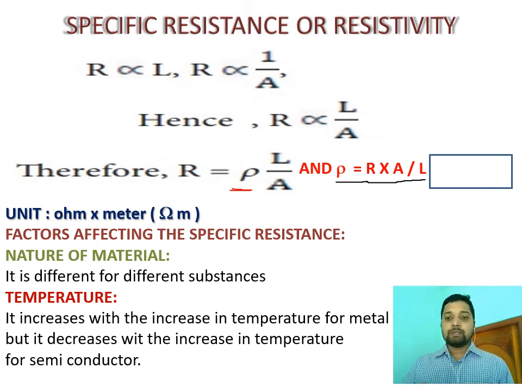For that reason, we are using them in solar panels. Resistivity does not depend on the length or the area; it depends on which type of material is used and what the temperature is. So resistivity is the property by which any substance offers resistance, but it does not change. For the same substance, resistivity is the same. With an increase in length or area, resistance changes but resistivity remains constant. So resistivity is a constant used here, to get R equal to rho L by A.